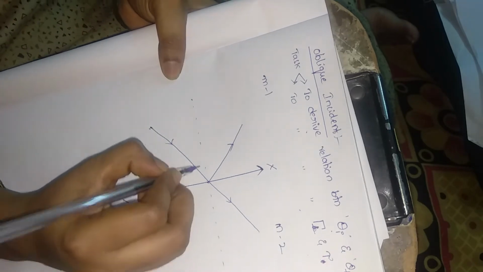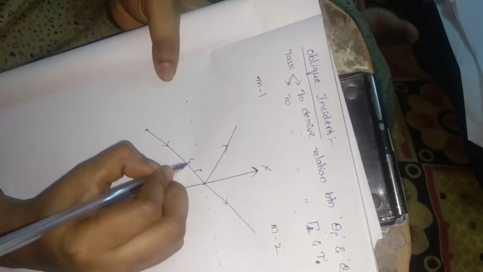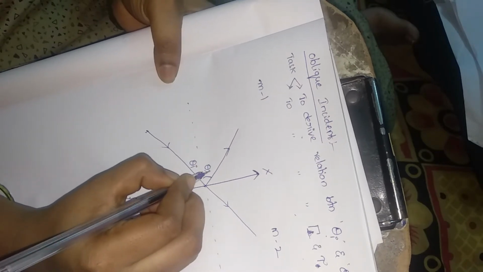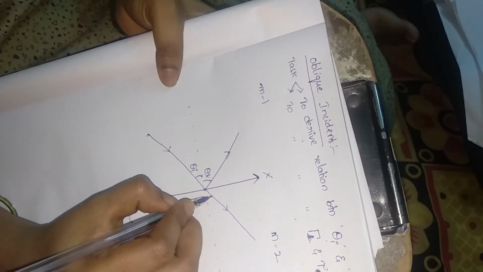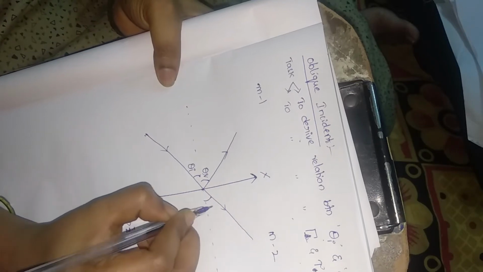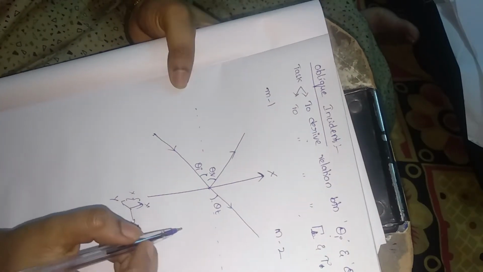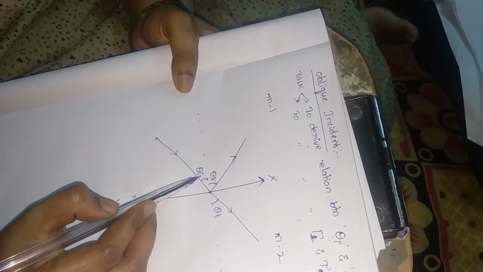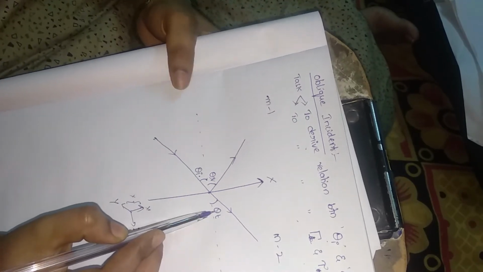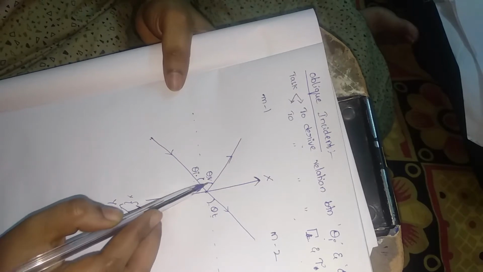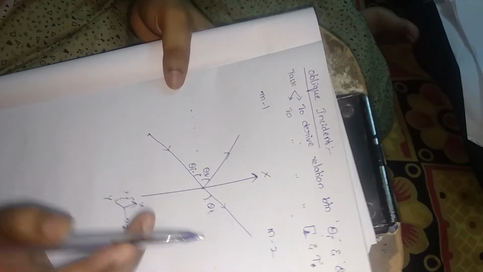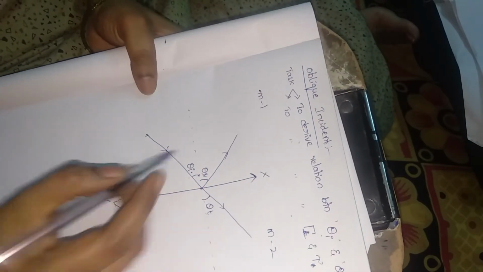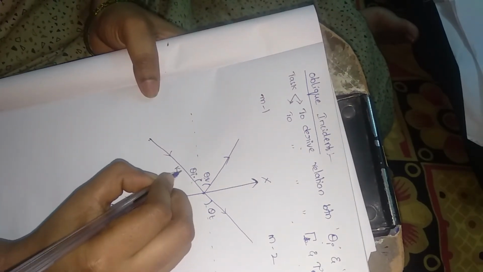Let us consider the incident angle. Here is theta i and here it is the angle of reflection and this is the angle of transmission. So theta r is going to change with respect to theta i. So theta t is also going to change with respect to theta i. Means all these angles depend on the incident wave, how the wave is incident on the surface. Now consider the propagation vector is ki.